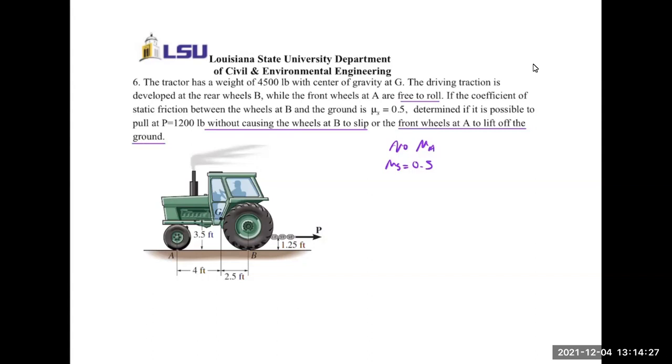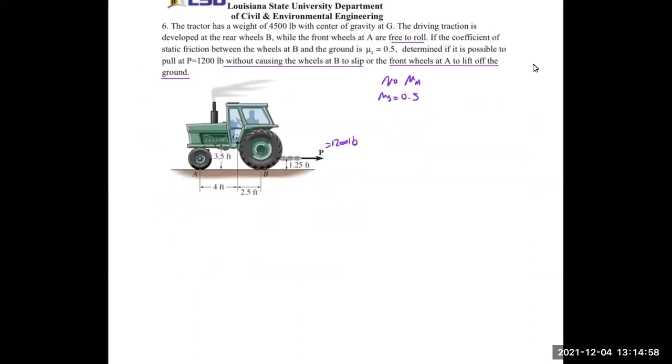So it wants us to consider two cases. The first case is, if P is equal to 1,200 pounds, what causes the wheel at B to slip, and also what causes A to tip, which is A lifting off the ground. So this is a tipping versus slipping kind of problem. We always consider the slipping case first, and then tipping, and then compare the two. So for slipping,